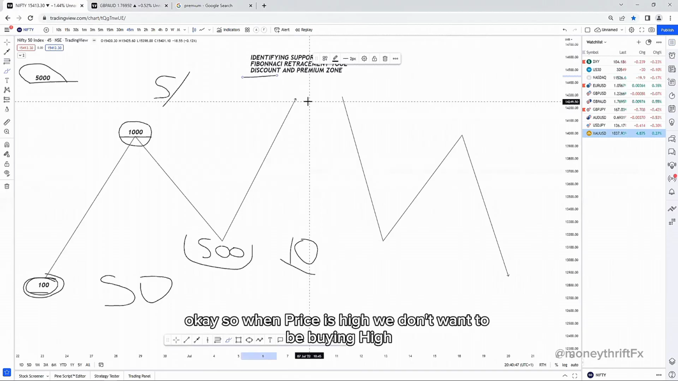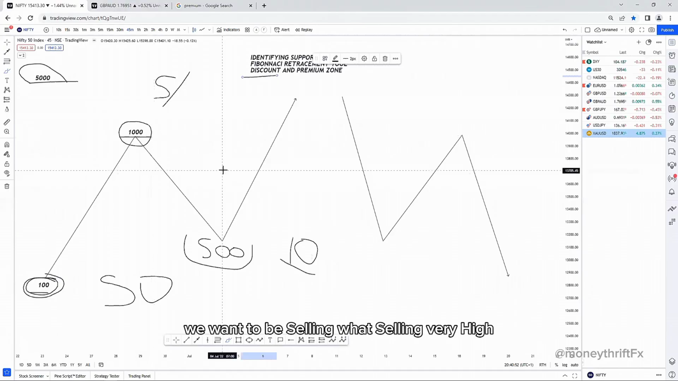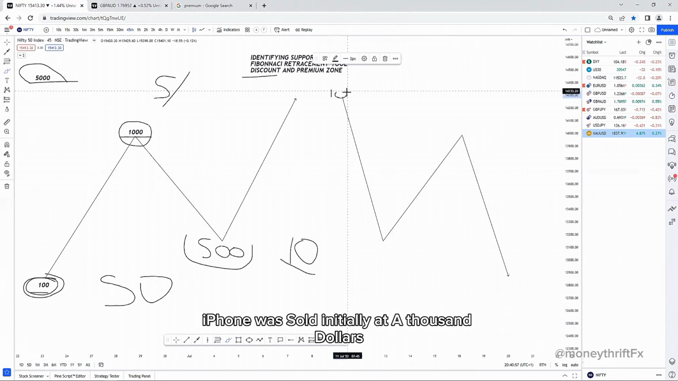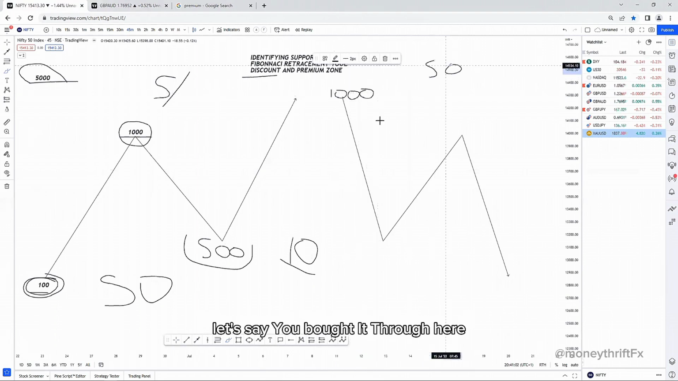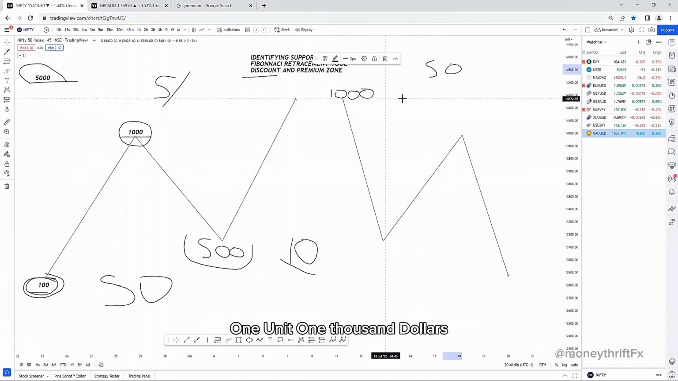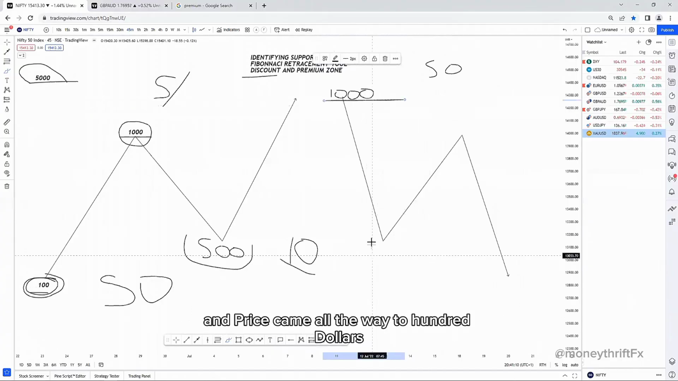Okay. So when price is high, we don't want to be buying high. We want to be buying what? Low. We don't want to be selling low. We want to be selling what? Selling very high. So let us also assume that, okay, fine, iPhone was sold initially at $1,000 and you had 50 iPhones. Let's say you bought it low here, you had 50 iPhones, and people were selling them at $1,000 per unit, and you missed it when people were selling it here,